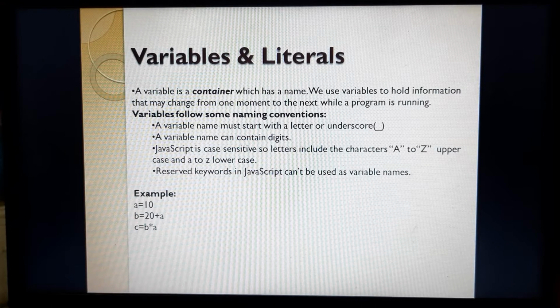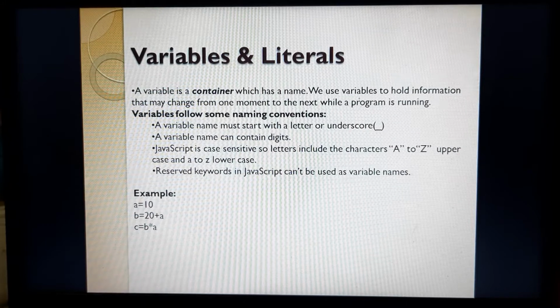So we can declare with var. Var is a keyword to declare the variable. Without var also we can declare the variable. There is no need of having var compulsorily in JavaScript. It is optional. However, while declaring any variable we use the keyword var.